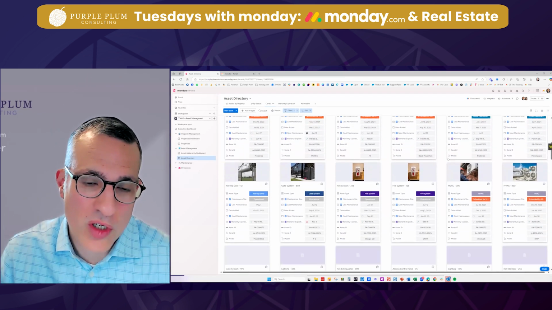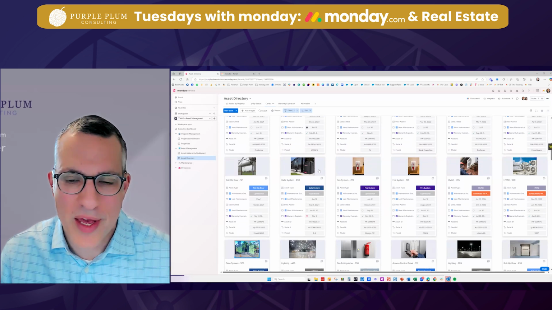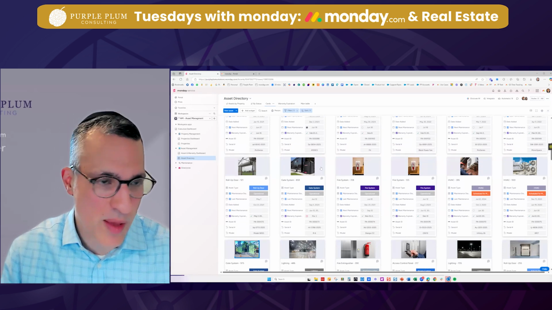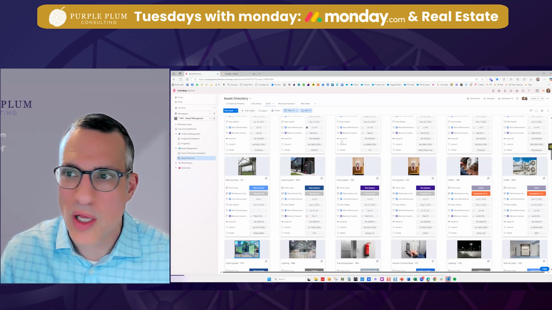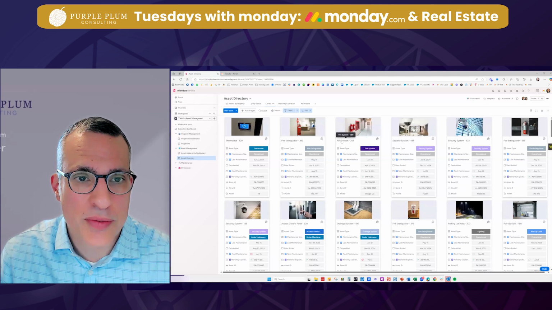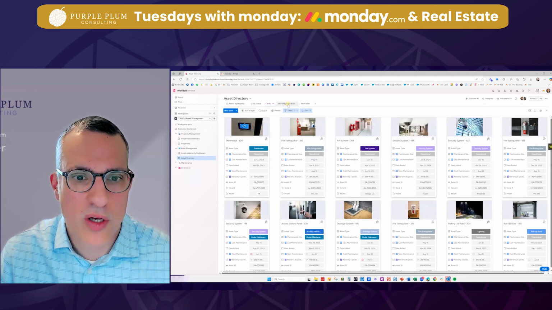That's exactly right. And of course, this is just the original picture of the asset, but with subsequent maintenance, we can do a before and after as part of that maintenance process, all very doable in Monday. I mentioned before that warranty aspect of things. And so this is an opportunity to really focus on that warranty piece.